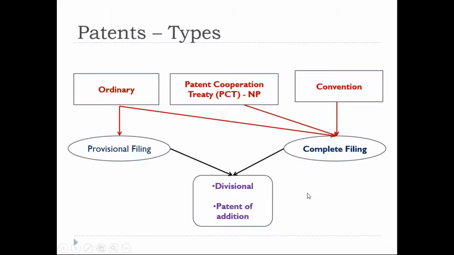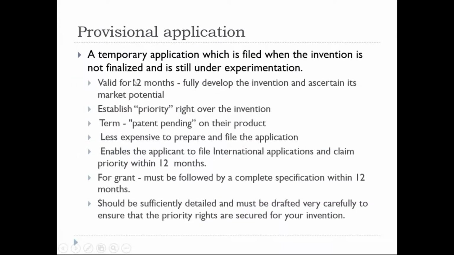So now again, it's all about the same thing. Provisional patent filing is valid for 12 months. You can use the term patent pending. You can get the priority over the invention. These are all the parameters or terms I have explained to you earlier. And one more important thing which we need to understand very, very clearly. What is that? This provisional application, the data which we are giving, should be even justifiable.